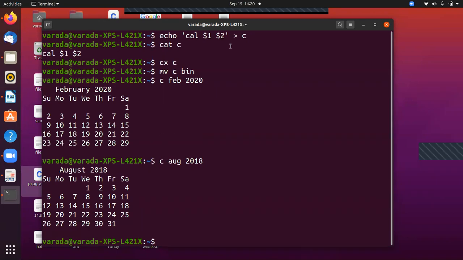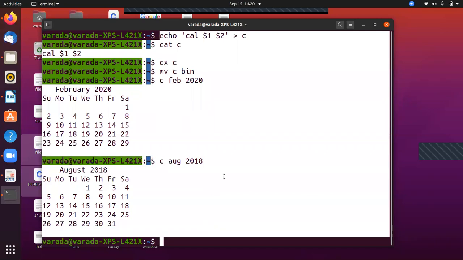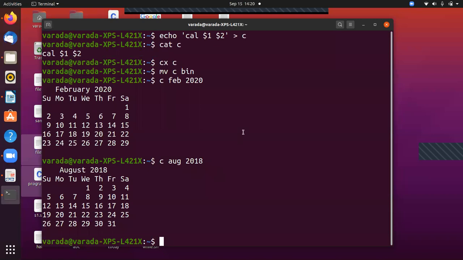If anybody has any doubts, raise your doubts, or place your doubt in the chat box, or ask by unmuting your mic. Okay, simple procedure. You can write this procedure and send the assignment to the mail. Here we have two arguments.